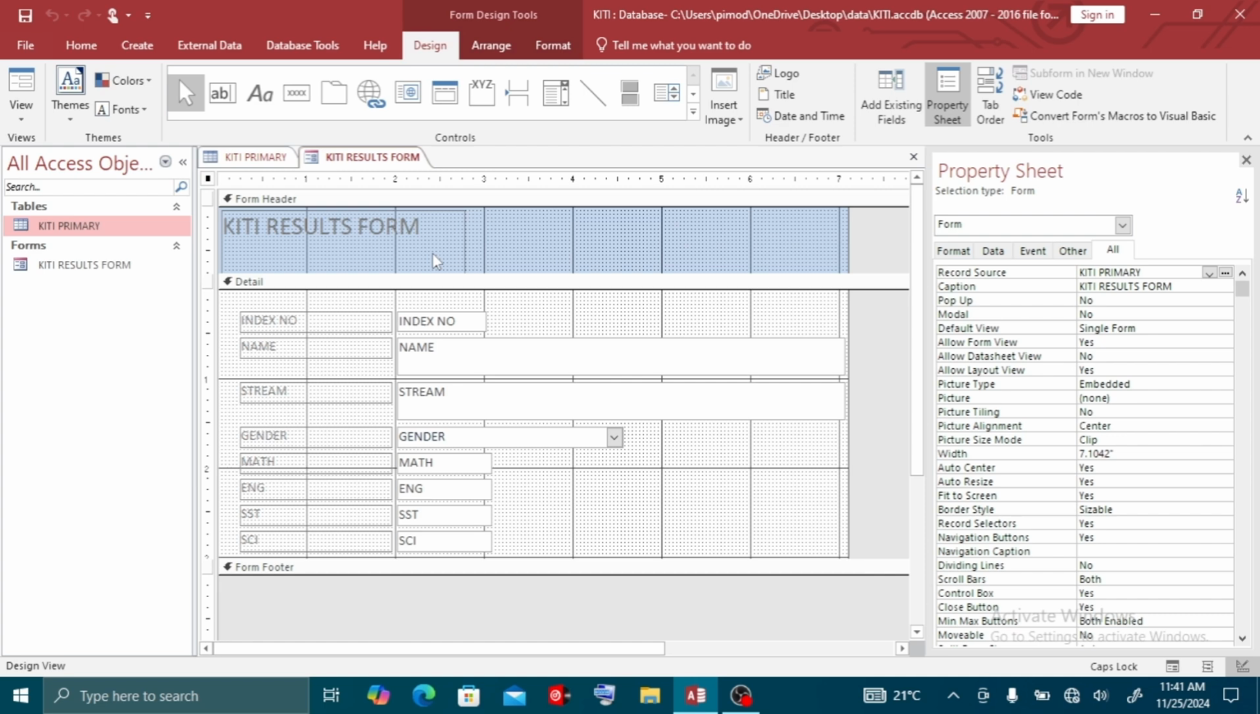So we are starting with making calculated fields. How do we do calculated fields? We do calculated fields using